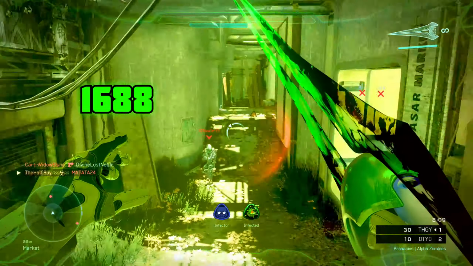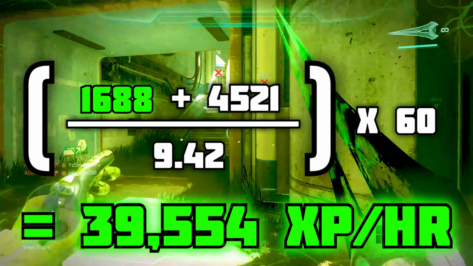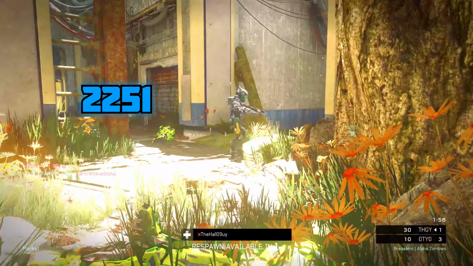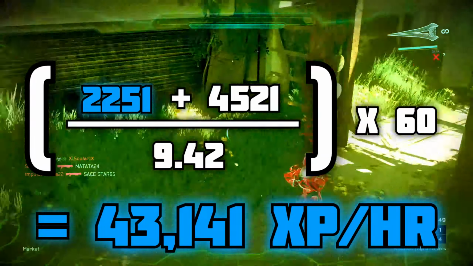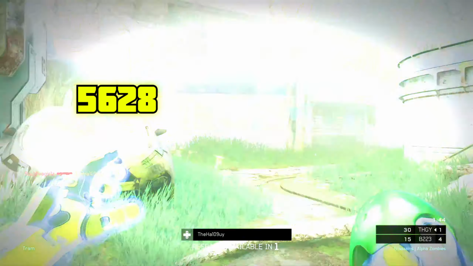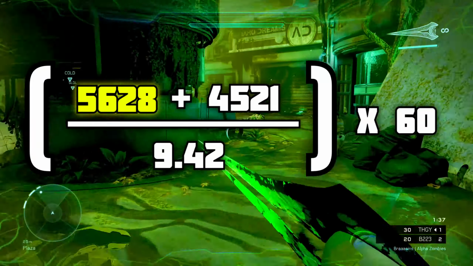Uncommon boosts give out 1,688 XP per match, so we can plug that into our formula as so, which gives us a total of 39,554 XP per hour. The rare boosts give 2,251 XP per match, and we can once again plug that into our formula, which gives us 43,141 XP per hour. Now for the legendary boosts, they actually give out 5,628 extra XP per game, and we can place this into our formula just like the last times, and that ends up giving us